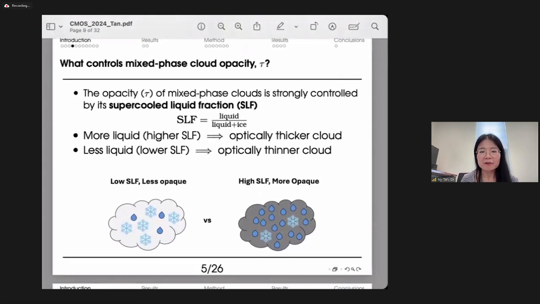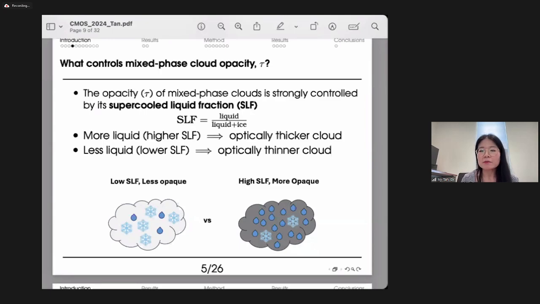Okay, but now what makes a cloud optically thick? Multiple factors are involved, including the water content of the clouds, the size of the particles that make up the cloud, and also the vertical thickness or extent of the cloud itself. But of these factors, for mixed phase clouds at least, that contain both supercooled liquid droplets and ice crystals in them,